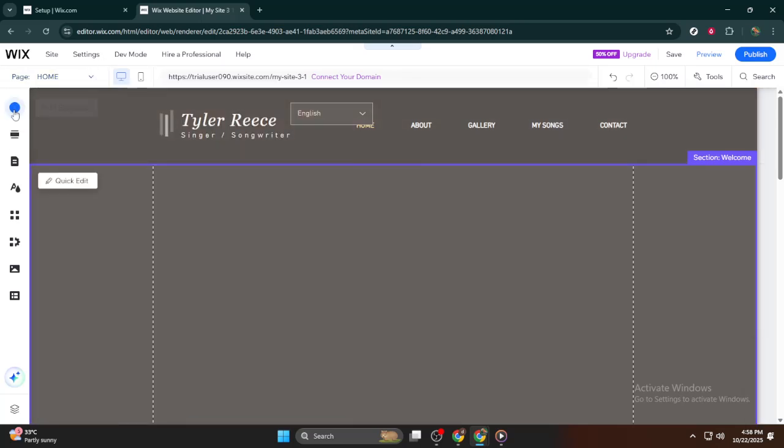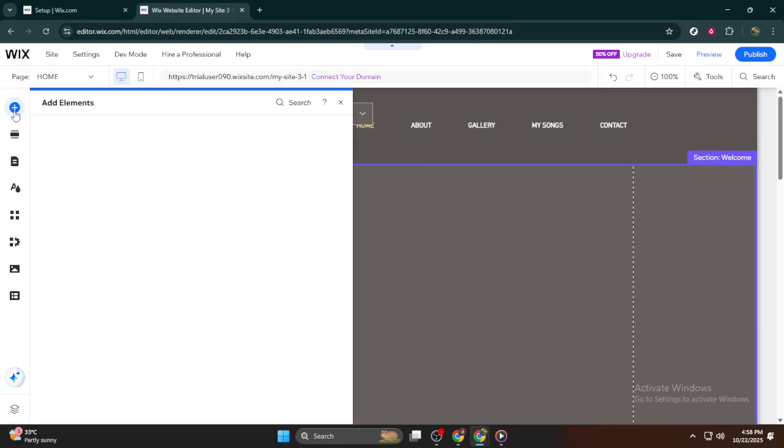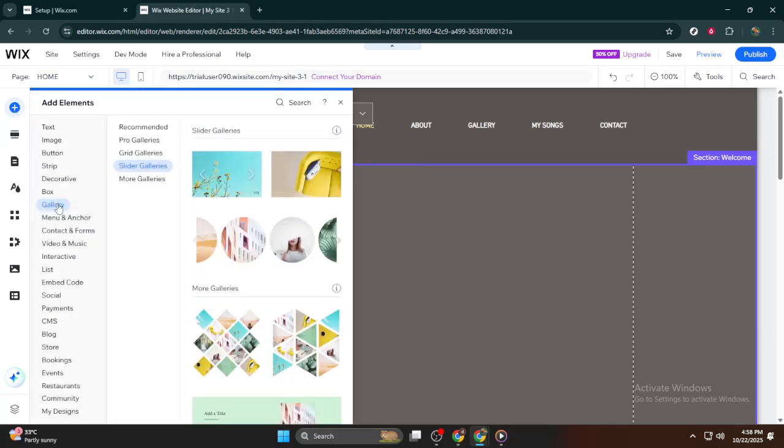What you're looking for next is the Gallery option. Galleries are a wonderful way to showcase images, and in this case, we're going to use it to display your logos. After selecting Gallery, you will see several options for the type of gallery you can add. We want to look for slider galleries. Slider galleries are particularly great because they allow a seamless transition between images, creating a dynamic and visually appealing way